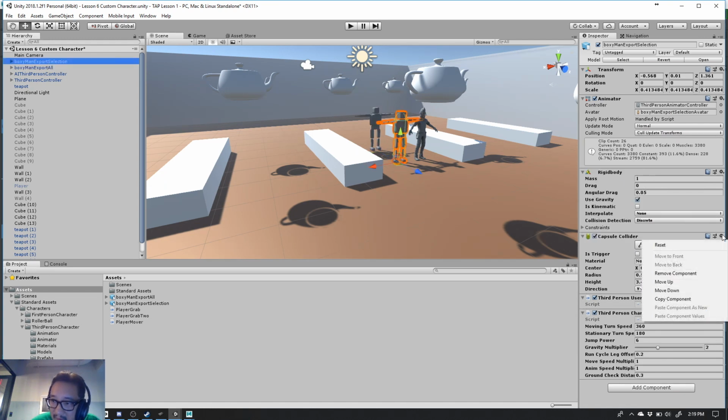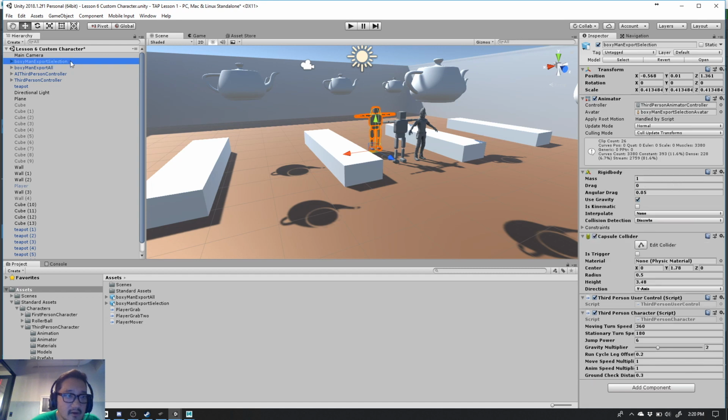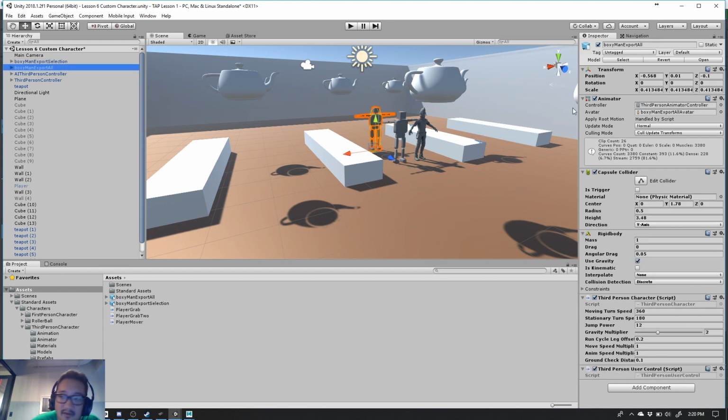I also want the same capsule information, so copy that component, click on the new guy, go to my capsule, paste component values, so now that capsule is correct. And the last thing I want is third person character, so copy component, new Boxy, paste component values, press play,